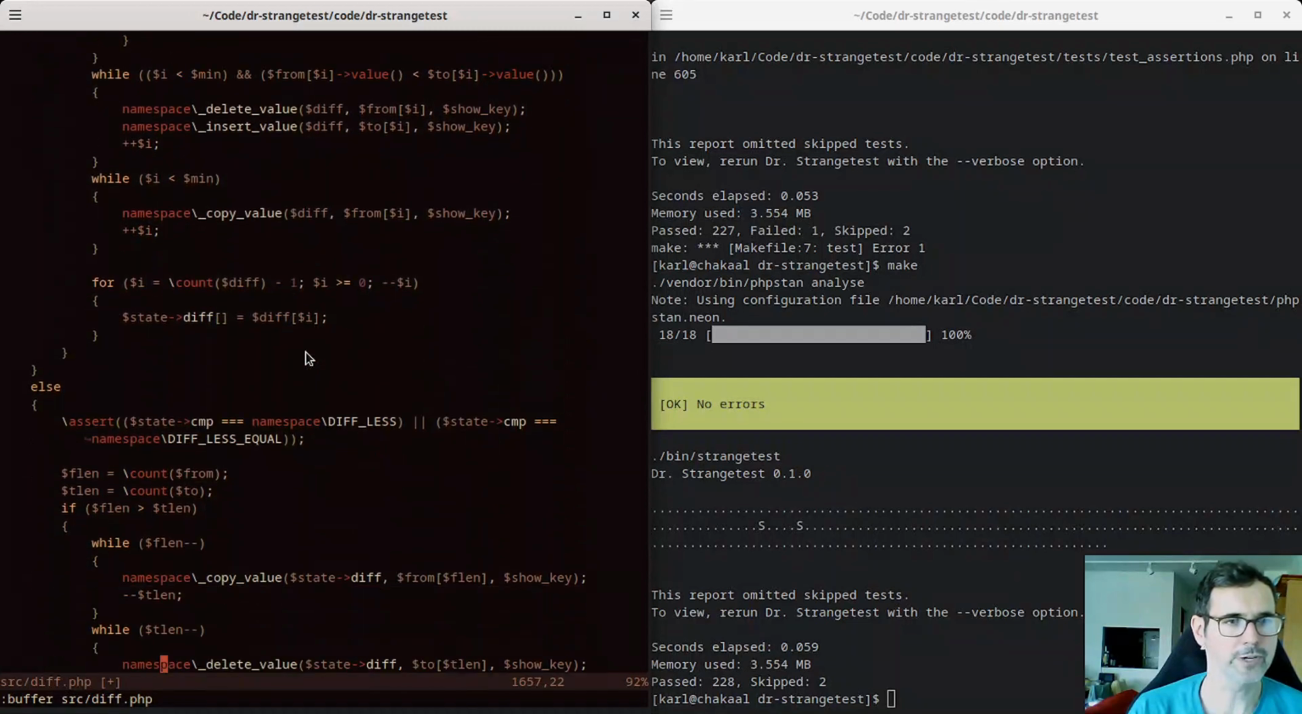All right, so we're in greater. So if from is greater than 2,